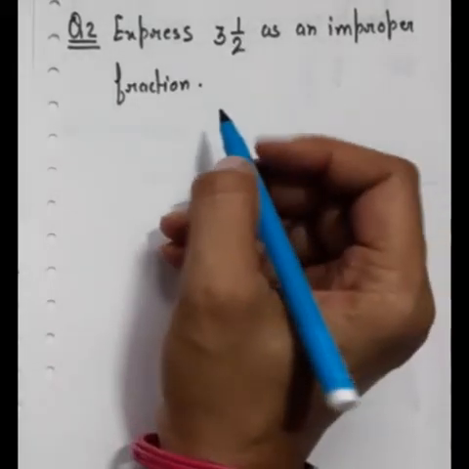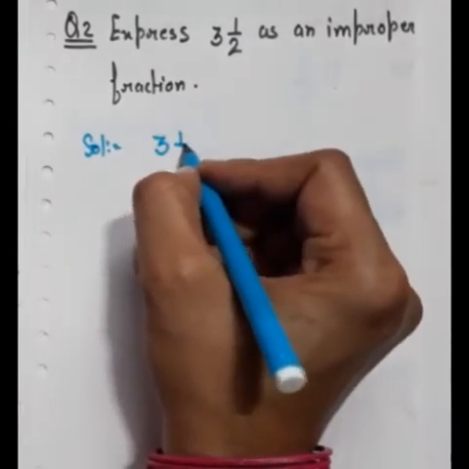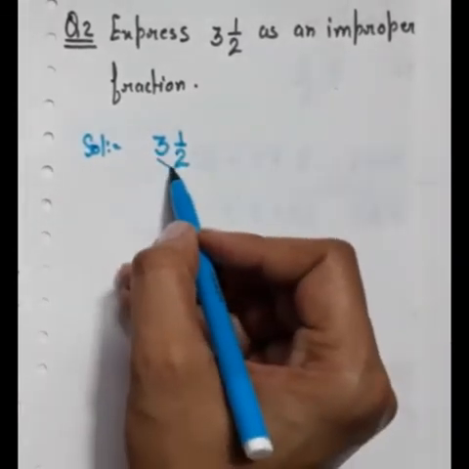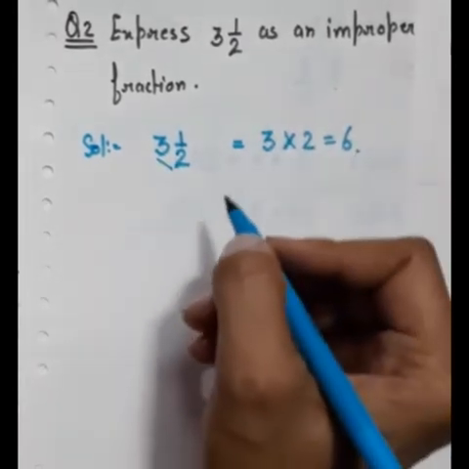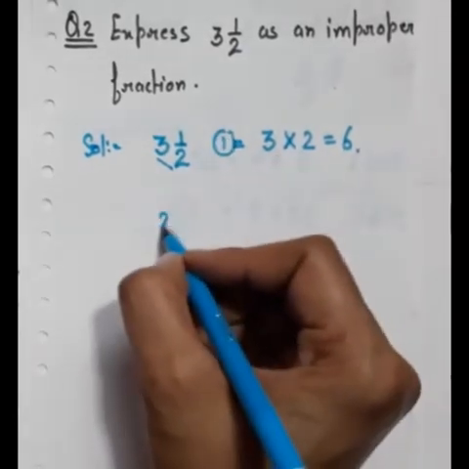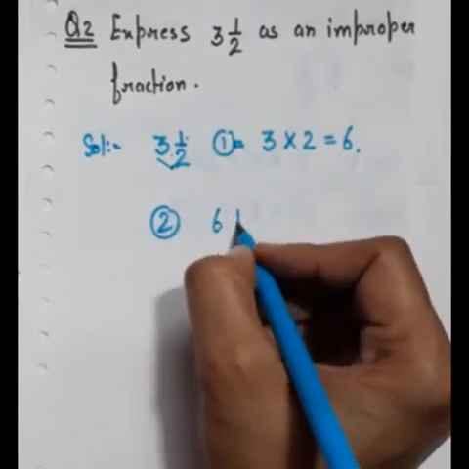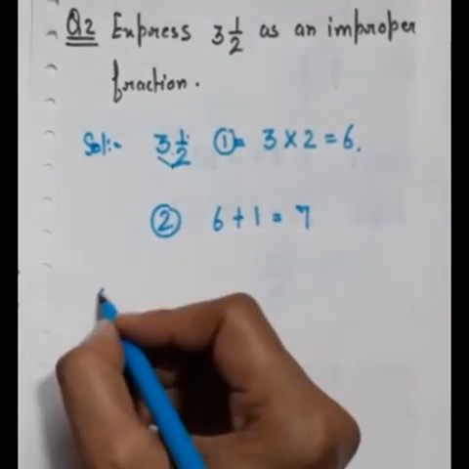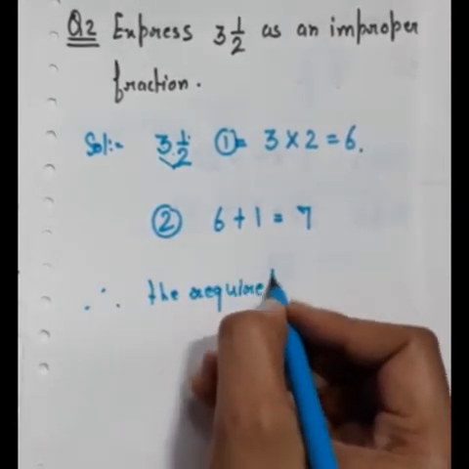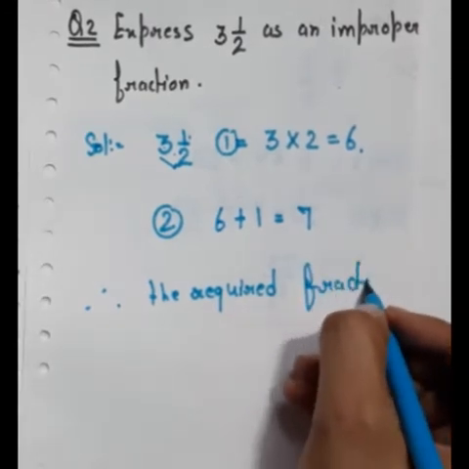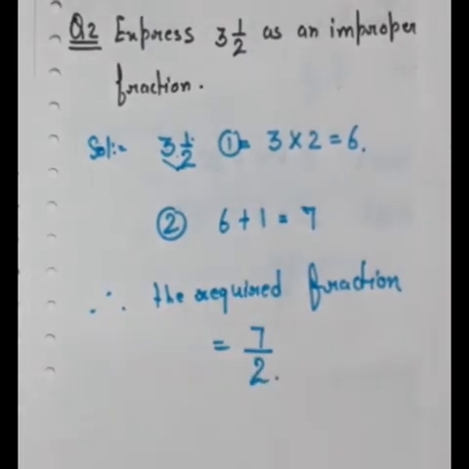We are going to one more example of it. So what is your given fraction? It is 3 whole 1 by 2. I told you to multiply these two. When you multiply these two, your answer will be 3 2s are 6. Okay, this is your first step. And your second step will be adding the product of these two with 1. So your 6 plus 1 is equals to 7. Therefore, what will be the required fraction now? It is 7 upon 2. Clear?